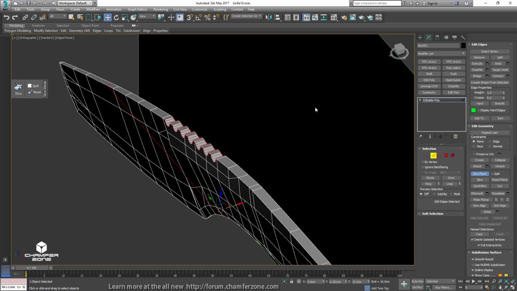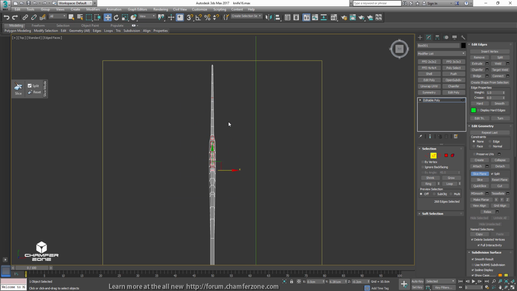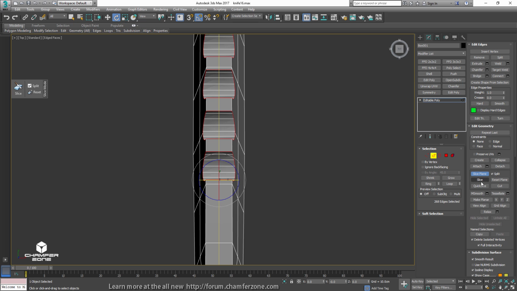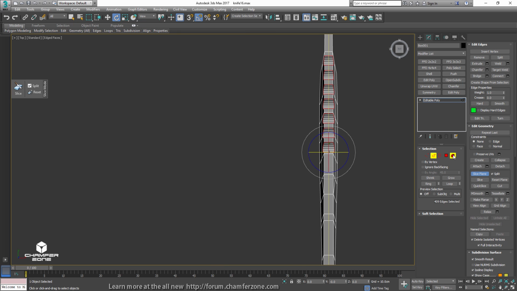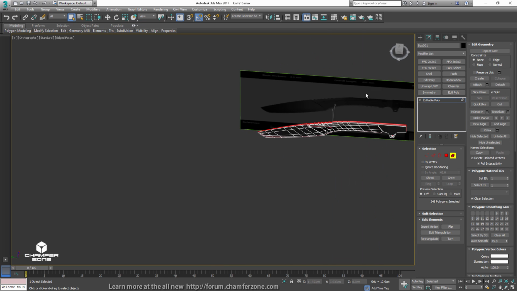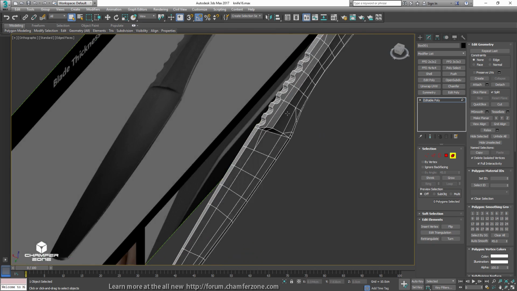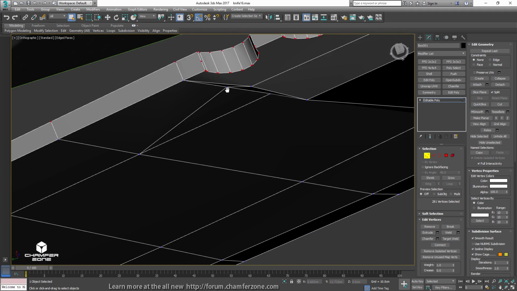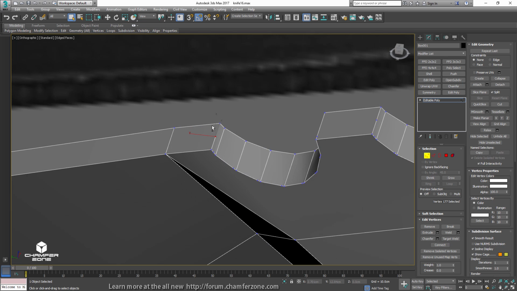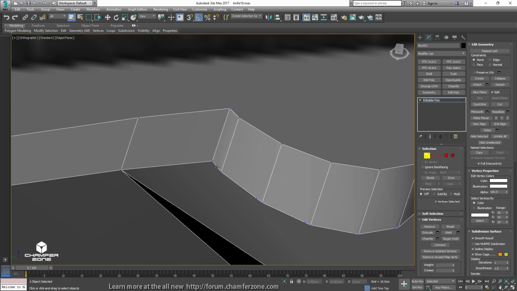And I want to just slice it in half, so we only have to clean it up on one side. So go in top perspective, use our slice plane, and I have split checked as well. Gonna use the angle snap here and make sure that the slice plane is perfectly centered. And now we can just get rid of the other side there and start cleaning that up, vertex by